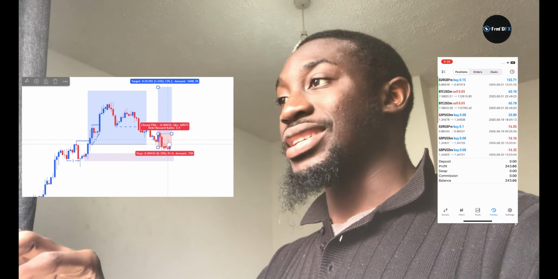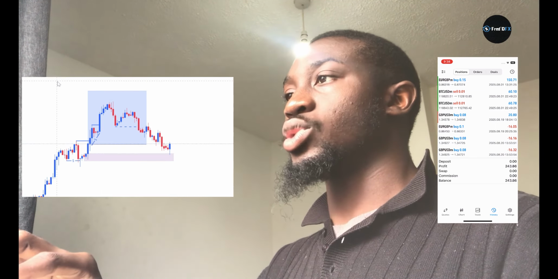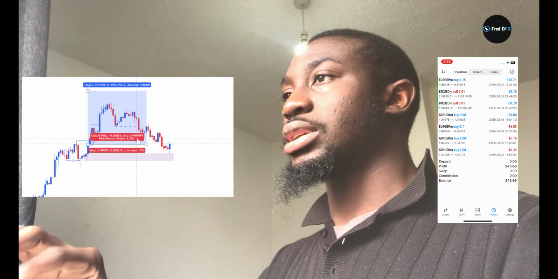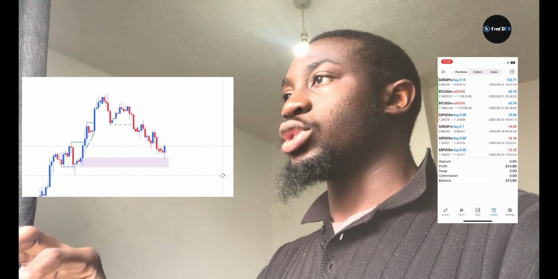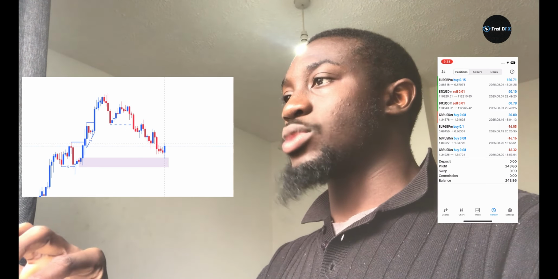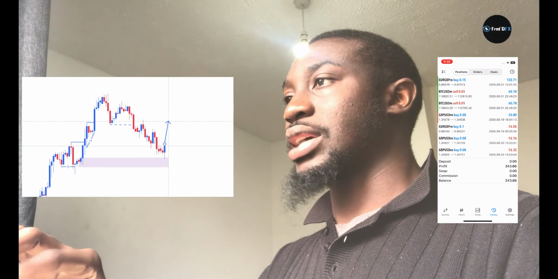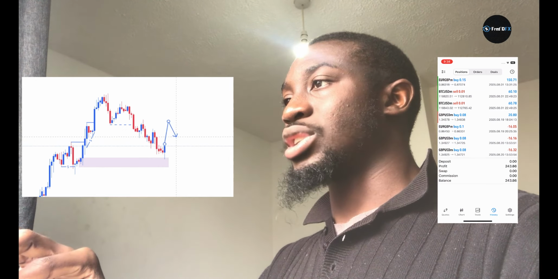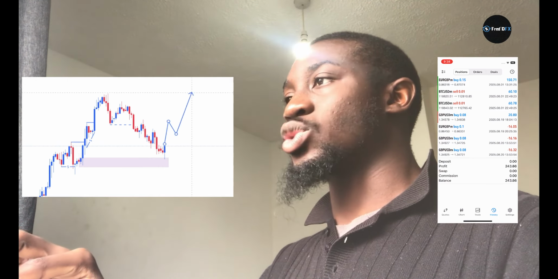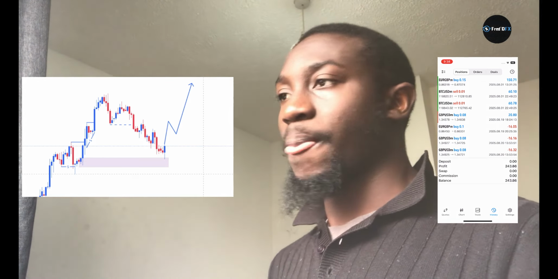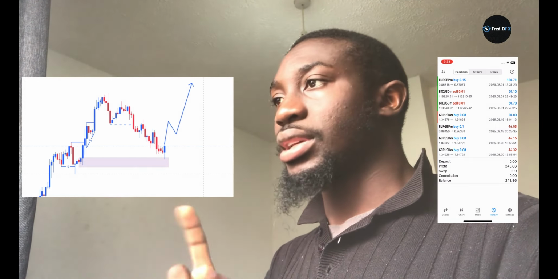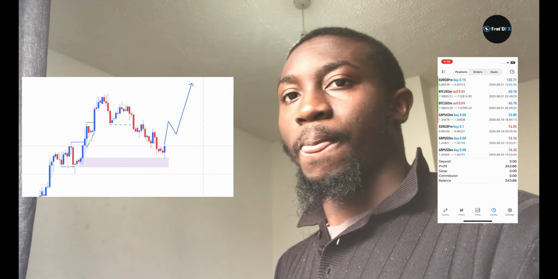But do you know what I'm thinking? For now, I don't want to trade. The only reason I would trade is if I see a bullish run, price moves like this and takes out that high, and with a little pullback like this, I will enter from here and swing. I'm telling you guys, for now I'm not trading again. If I don't see this on this structure, I'm not trading.